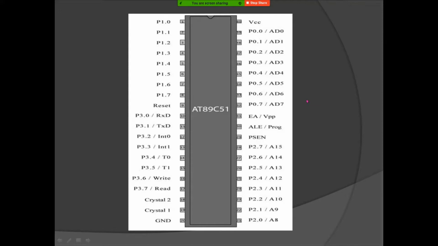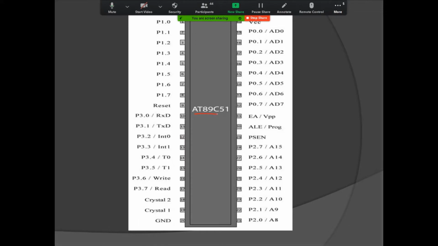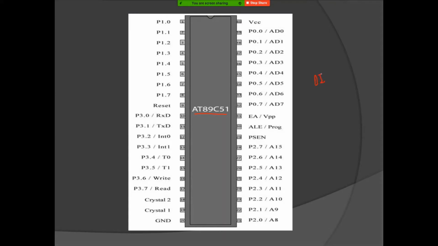Let's see the pin diagram first, and then we'll move towards the first software, which is Keil. This is our 89C51, which is a 40 pin DIP package. What is DIP? DIP is dual inline package.